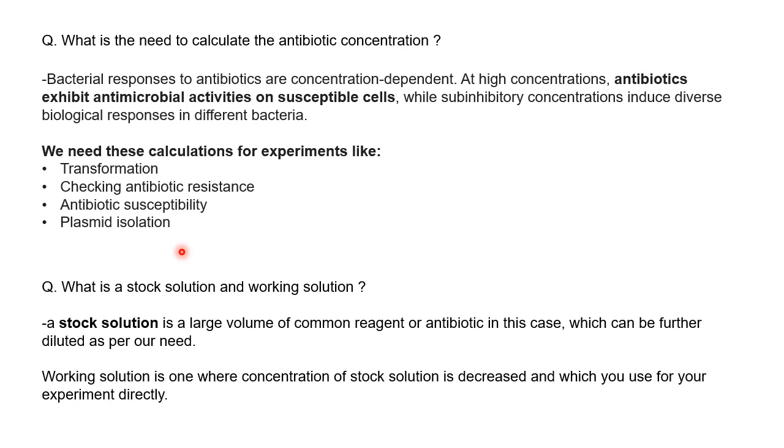and even for plasmid isolation, where the initial culture from which we have to isolate the plasmid is grown in, I guess, kanamycin broth. Okay, broth which has the kanamycin antibiotic. So if the culture has plasmid which has the kanamycin resistance gene, then the culture will grow faster and will help to get more number of plasmids copied. Okay, so these are some experiments where you need antibiotic concentration.